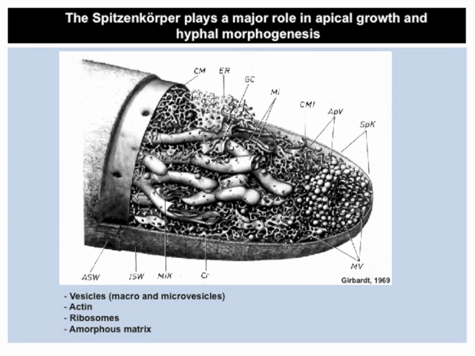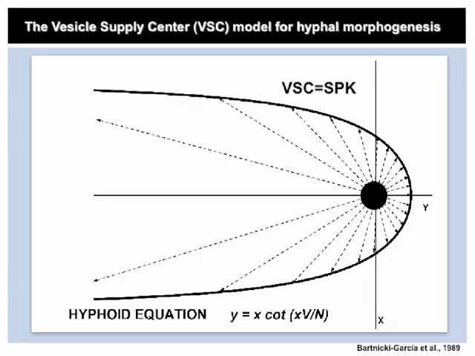Around 1989, this model was proposed to understand how hyphal morphogenesis is determined. The model proposed that the Spitzenkörper behaves as a vesicle supply center that collects vesicles that are synthesized in other parts of the hypha. The model didn't consider the source of these vesicles, but this vesicle supply center temporarily accumulates them at the Spitzenkörper,